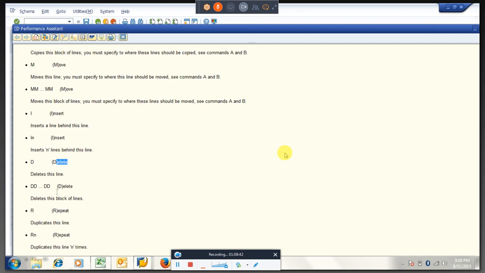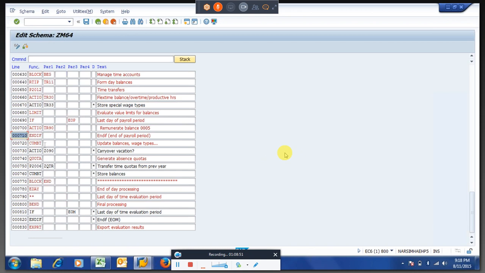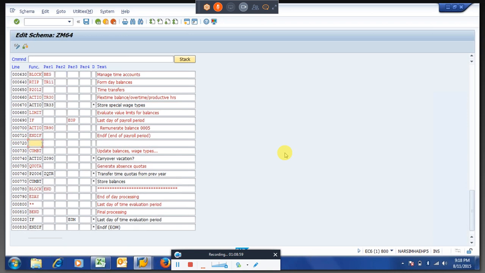So likewise, many times I will use I and D. Apart from that, I didn't use many things. So what I am doing here is I want to insert a line, so I am giving I. So after this ENDIF function, I have got a new line to write something over there.